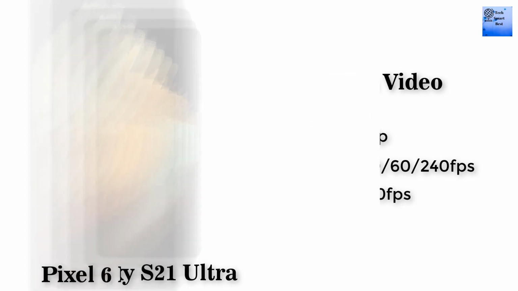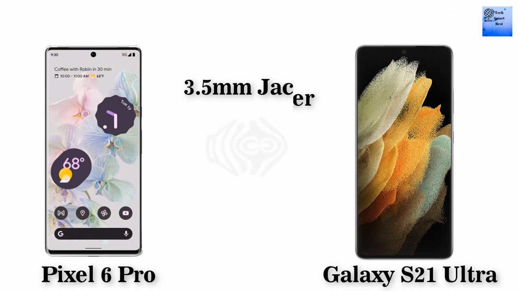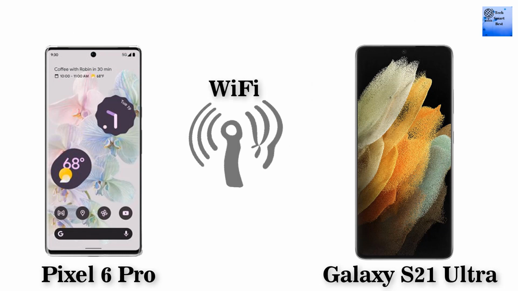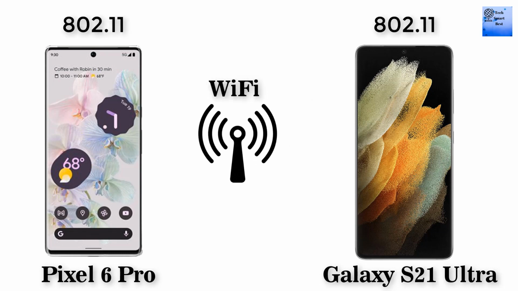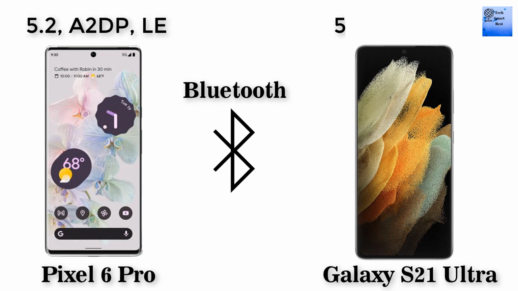1080p at 30 fps. The sound of the Google Pixel 6 Pro has a loudspeaker with stereo speakers. And the sound of the Samsung Galaxy S21 Ultra 5G has a loudspeaker with stereo speakers. The 3.5mm jack is not available in the Google Pixel 6 Pro. And the 3.5mm jack is also not available in the Samsung Galaxy S21 Ultra 5G. The Wi-Fi of the Google Pixel 6 Pro is Wi-Fi 802.11 and the Wi-Fi of the Samsung Galaxy S21 Ultra is Wi-Fi 802.11. The Bluetooth of the Google Pixel 6 Pro is 5.2 A2DP LE and the Bluetooth of the Samsung Galaxy S21 Ultra is 5.2